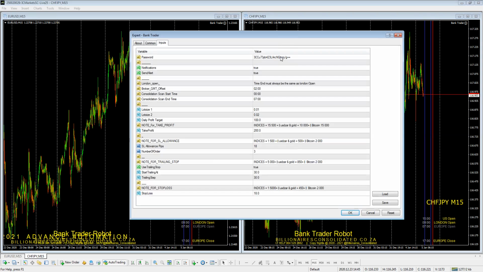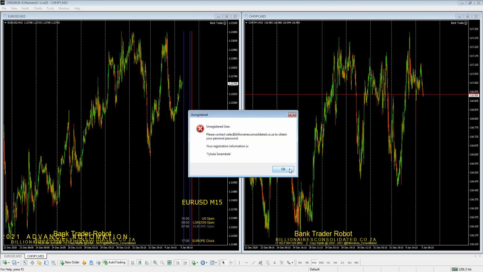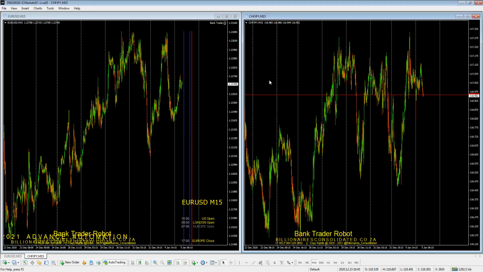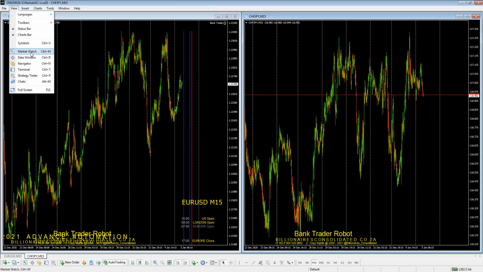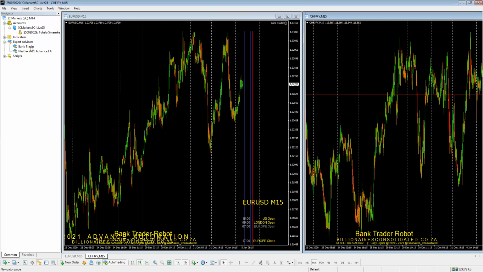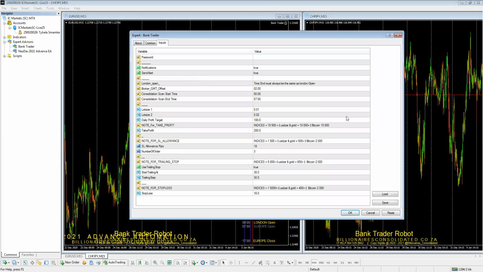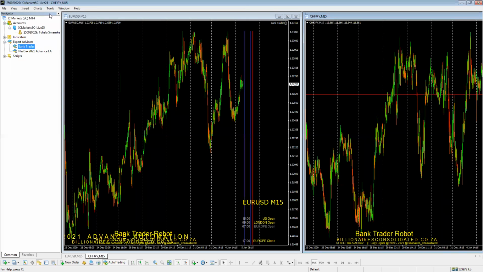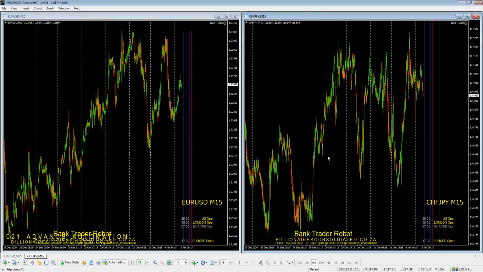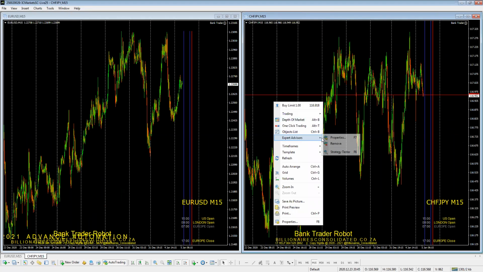By default, it will come without a password. So if you submit it without a password, it should tell you that this is not correct. You need to enter the correct password. If you don't have it, then you need to get the password from admin. Once you've entered your password and it's correct,